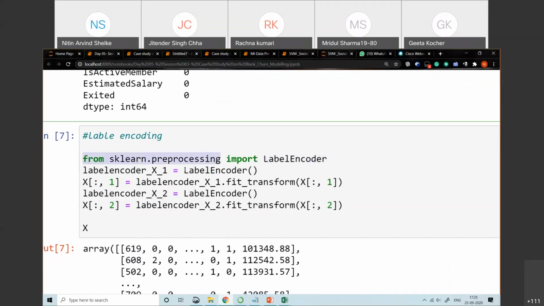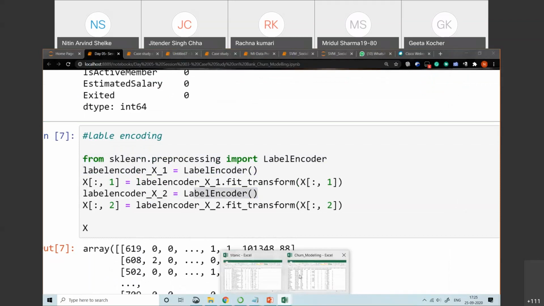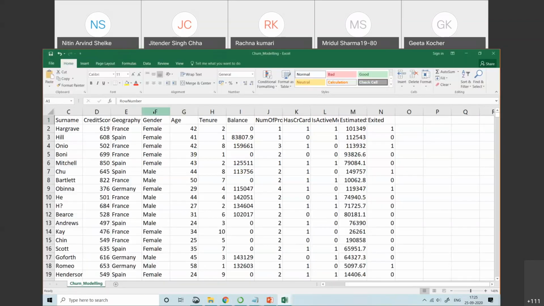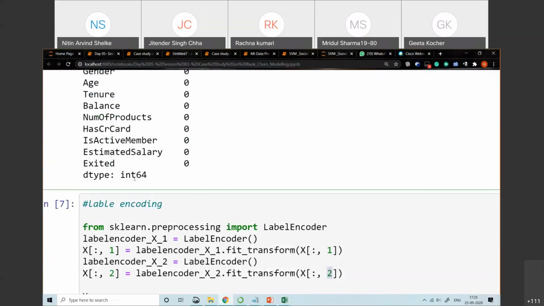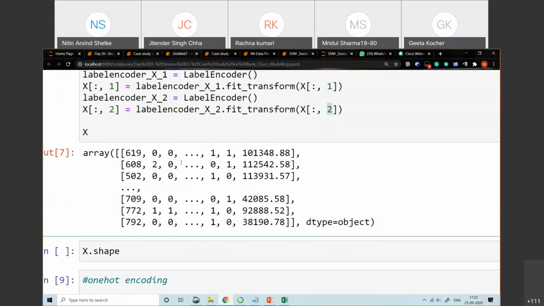Then we create two different objects: label encoder 1 for the first attribute, and label encoder 2 for the second attribute, that is your gender column. Then we use fit_transform on your geography column and fit_transform on your gender column. So you will get the output after the label encoder.